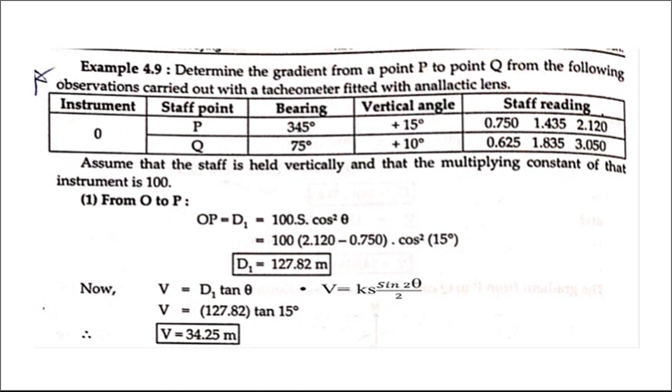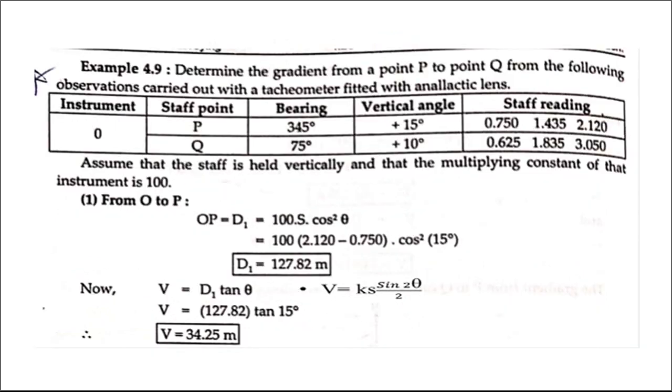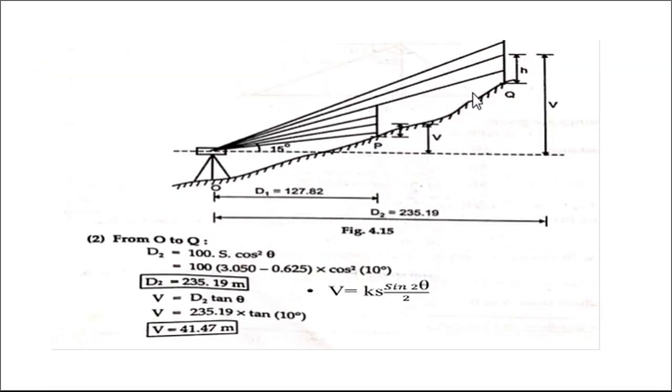Next slide. So this is the sketch. Instrument is at O, first stop station is P, and for that angle is 15 degree. Then second instrument station is Q, for that angle is 10 degree. Is it right? Now see, even though here level difference is, but it is a cross section. So we have shown P and Q position. Are you getting this? Don't say that Q is at higher elevation than P. This is just cross section. Approximate sketch is drawn. Okay.